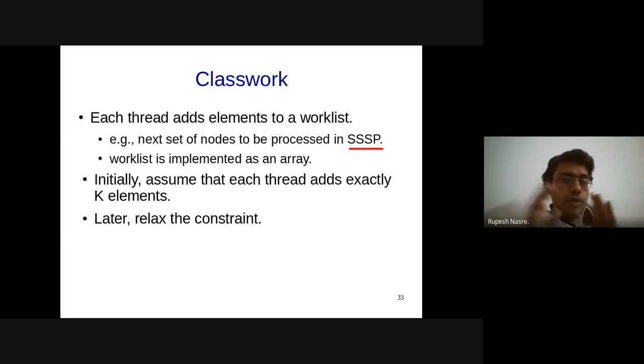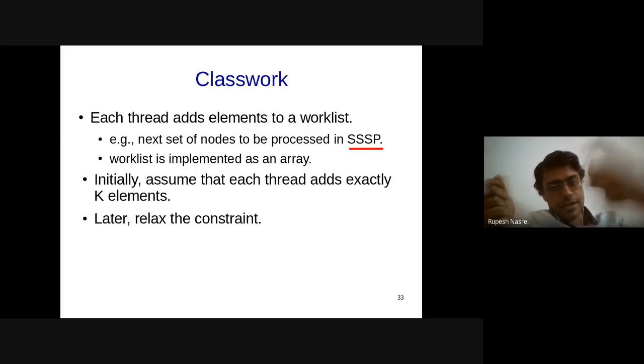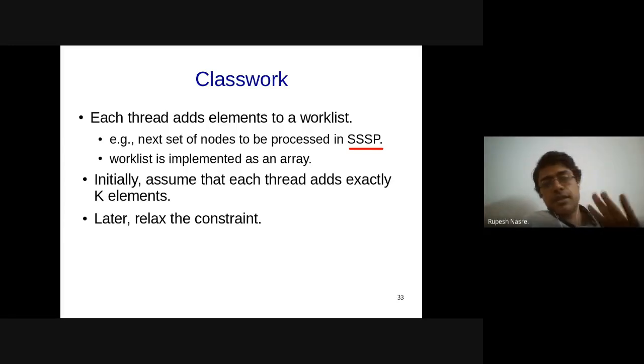In which case, we don't know if these 100 threads are going to be contiguous or not. These could be arbitrarily spaced in 0 to 999 threads. And therefore, it is not clear how we should be distributing these 0 to k minus 1 entries into the array. But that was a good point, Niranjan. You should definitely start with such a thinking: can I avoid synchronization altogether?